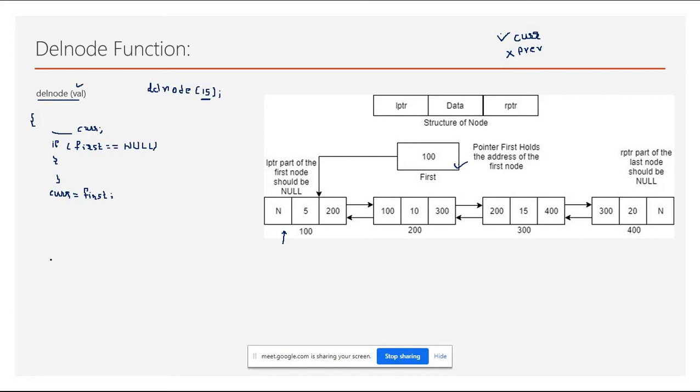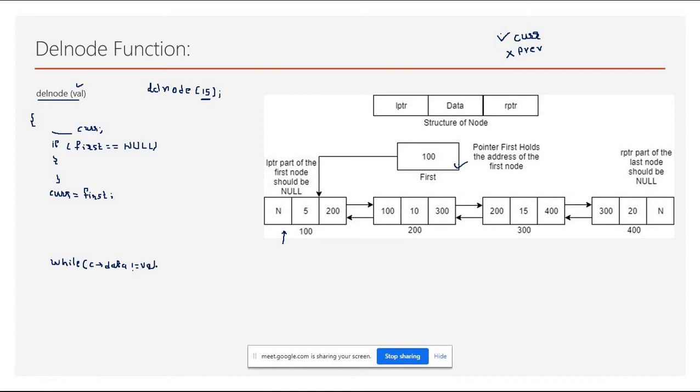So obviously here we just need to write a while loop. So here we are writing a while loop. While current points to data is not equal to the value, right?